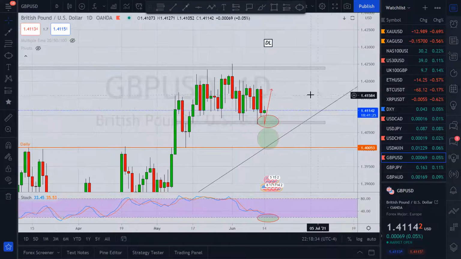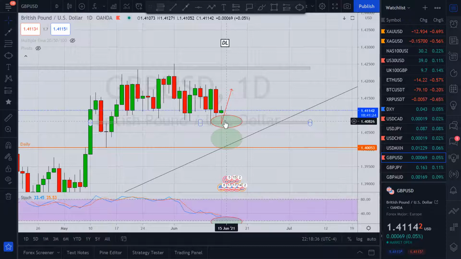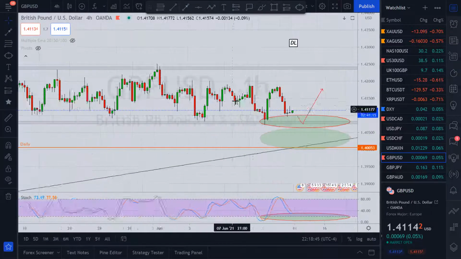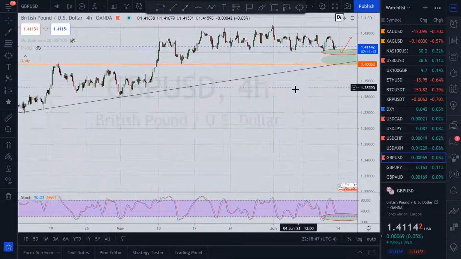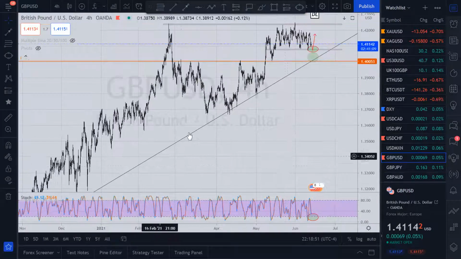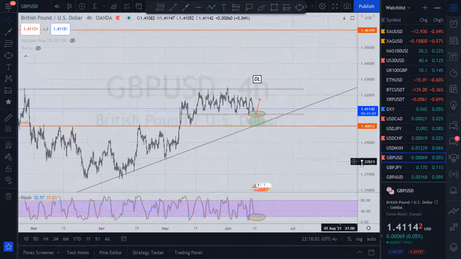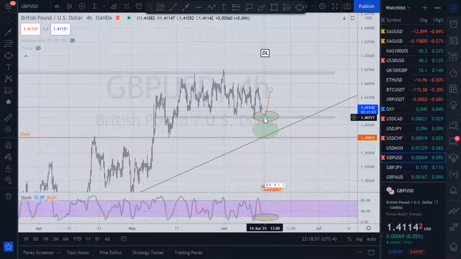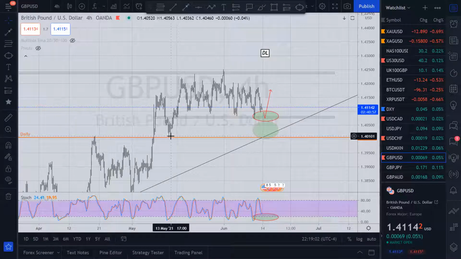All right, so we're waiting for price to come on down here and give us our entry for a long position. A bullish price action is what we need. You'll be able to see it a little bit more clearly on the 4-hour. I need you to notice that we have a long time uptrend line. This trend line has been well established and well respected, and if price makes it past this support where it has found support before, if it comes down a little lower to this one, say,